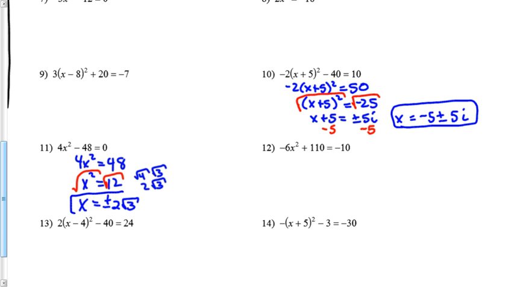So you've seen all the different kinds of answers you can get with this, but you still follow the same pattern. Add, subtract first, then multiply, isolate that x squared. Then take the square roots and find your answers. So if you need more help, see your teacher. You can rewind this video and play with each kind of these problems, but get the extra practice you need to pass this